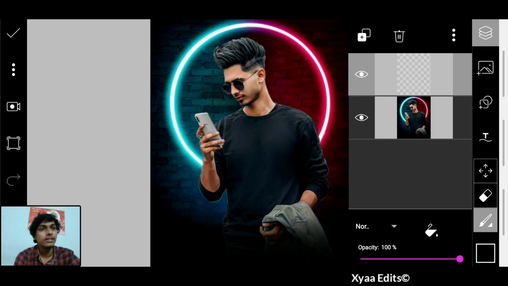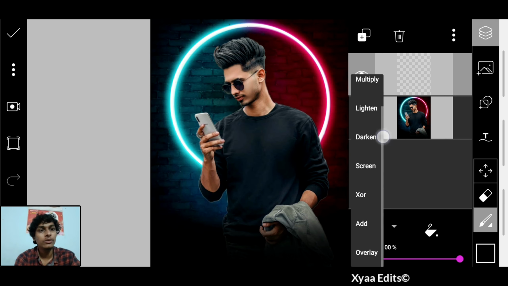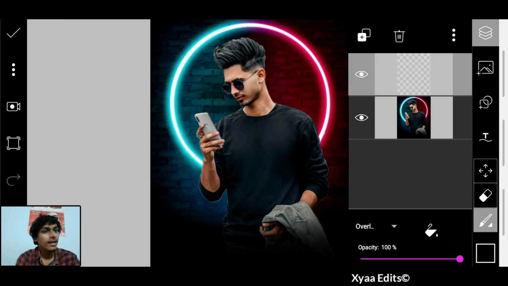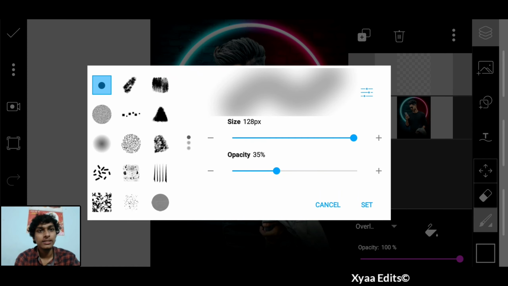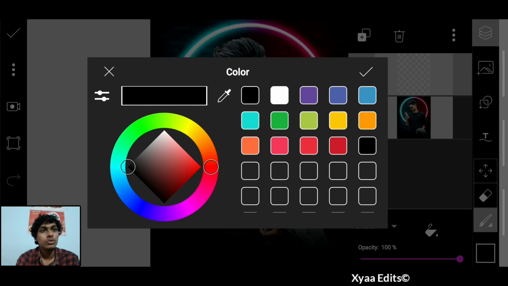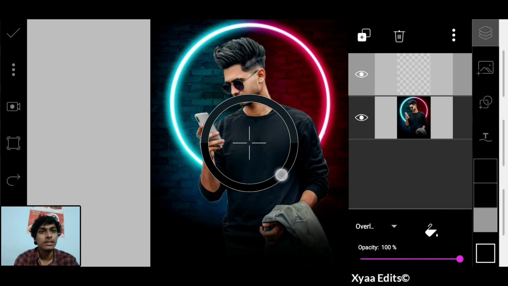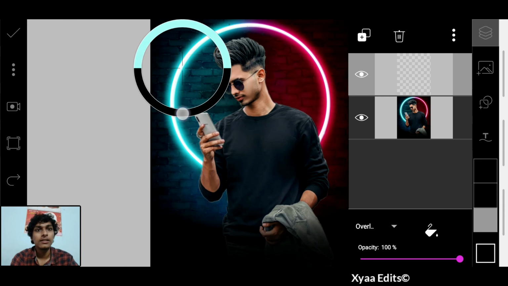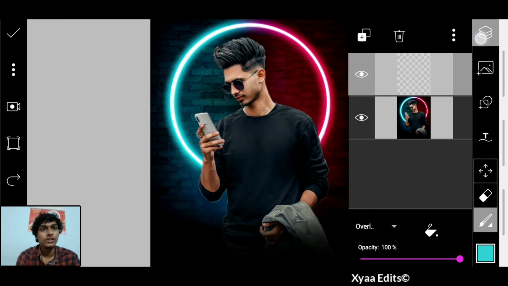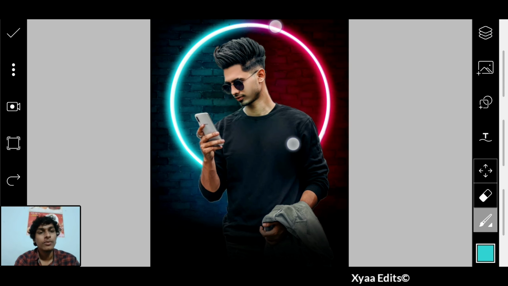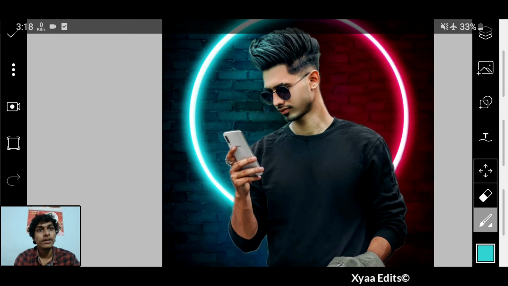Now after this you have to go to draw and you have to take the empty layer, it's already taken, make it empty layer to the overlay and tap on this brush and select this one, done, and go to this ink pill and select this color. Okay, you can see the color is changing. Now zoom in and draw